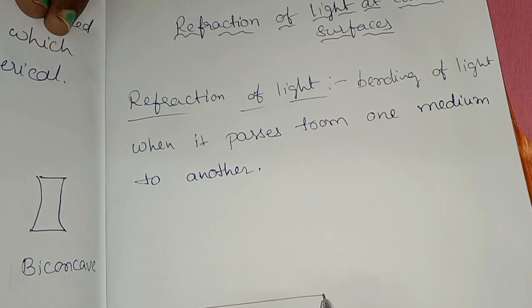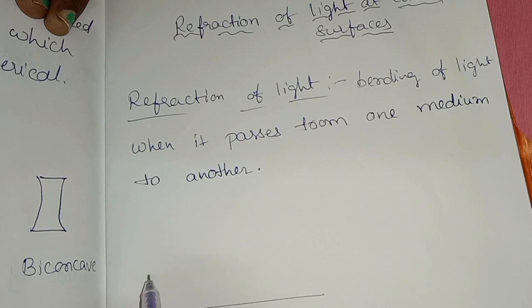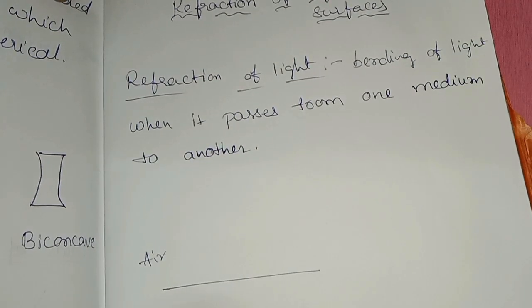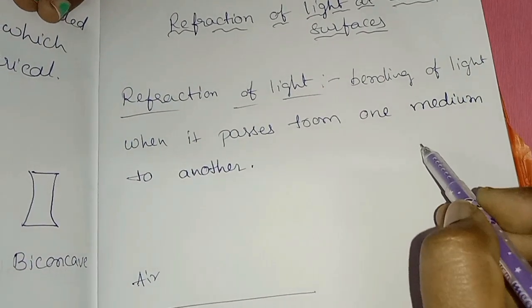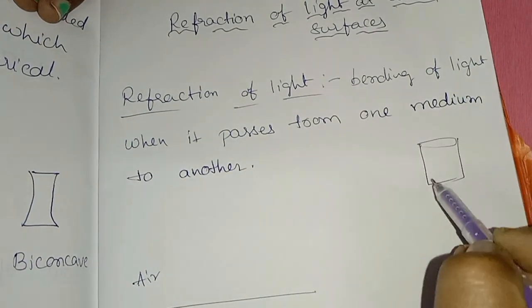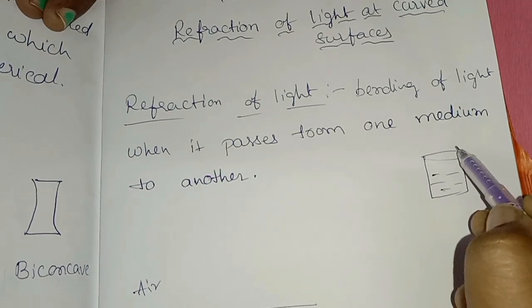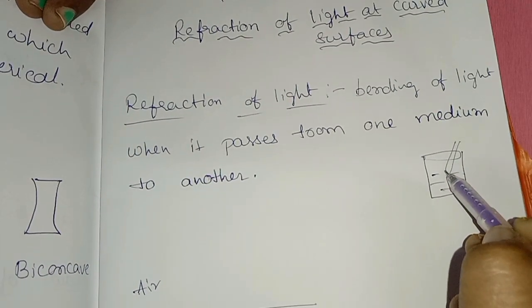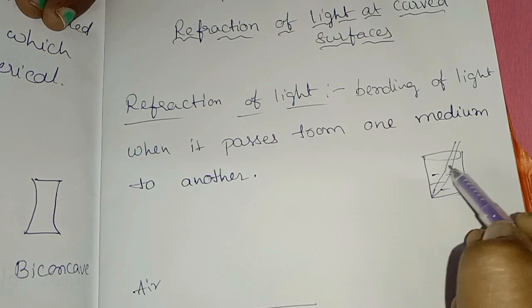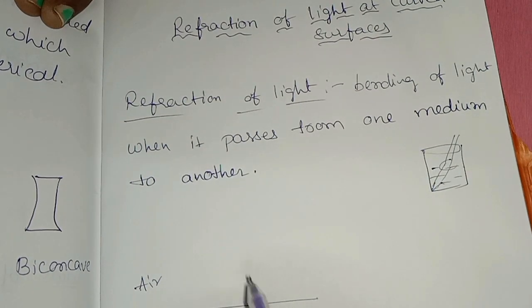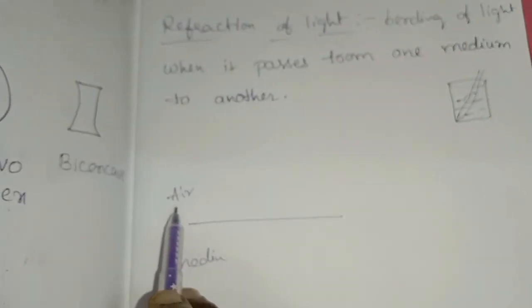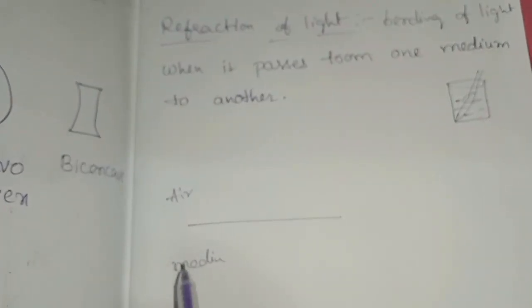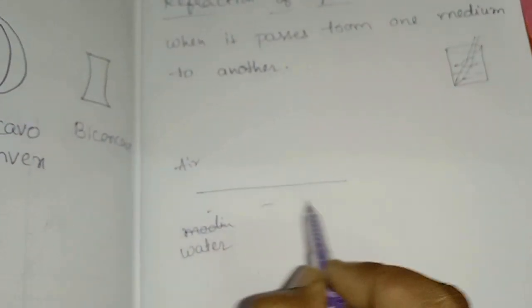Here I am taking air and water, two different mediums. This one we know. If you drop a pencil in a glass that is half filled with water, what will happen? You will see that it is somewhat bending. Why are we seeing this bending? When a light ray is passing from air to water,